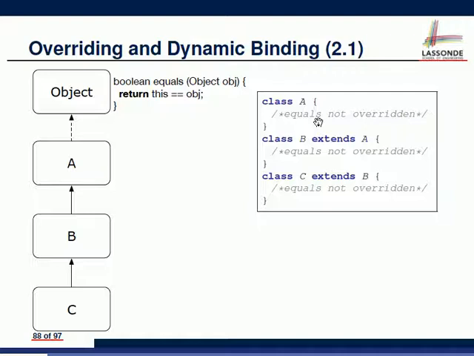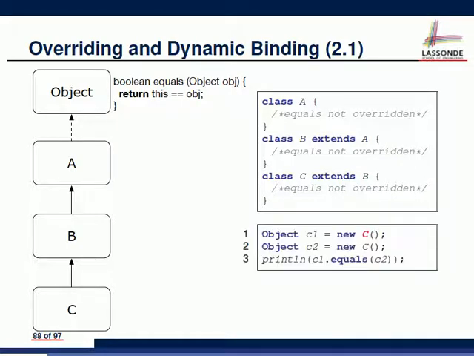You can see in class A, we do not try to override the equals method. In class B, we also do not try to do it. In class C, we also didn't try to do it. Now, let's say the following code. We have Object C1 assigned to new C. Why would this compile? Because C is a descendant class of Object. And also we have Object C2 assigned to new C. Now, when I say println C1.equals(C2) over here,